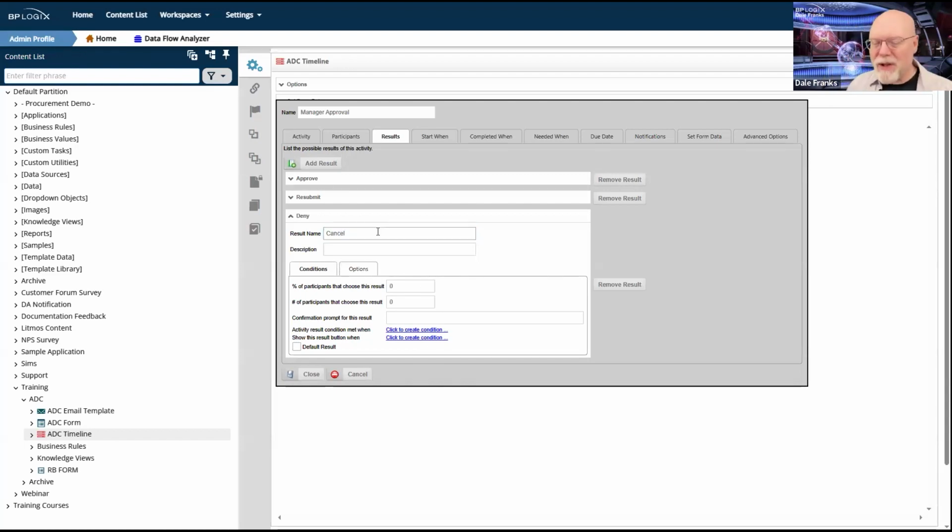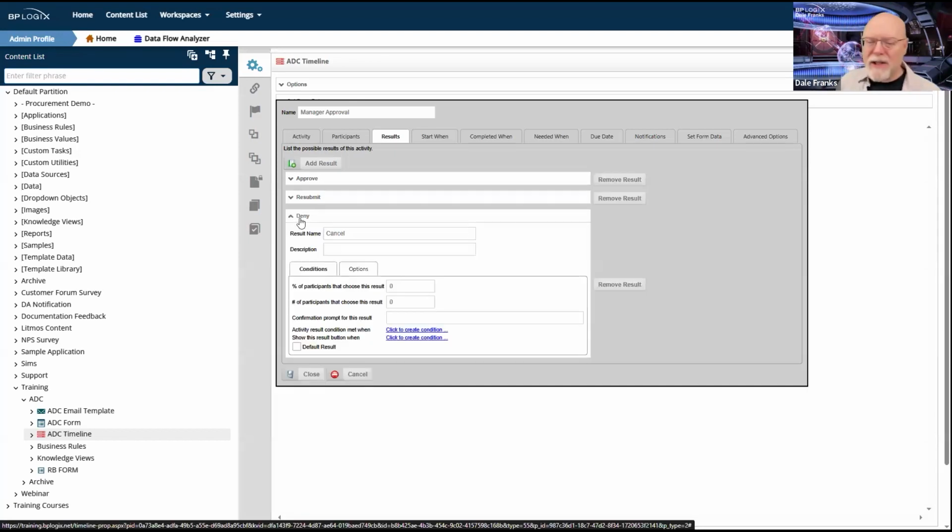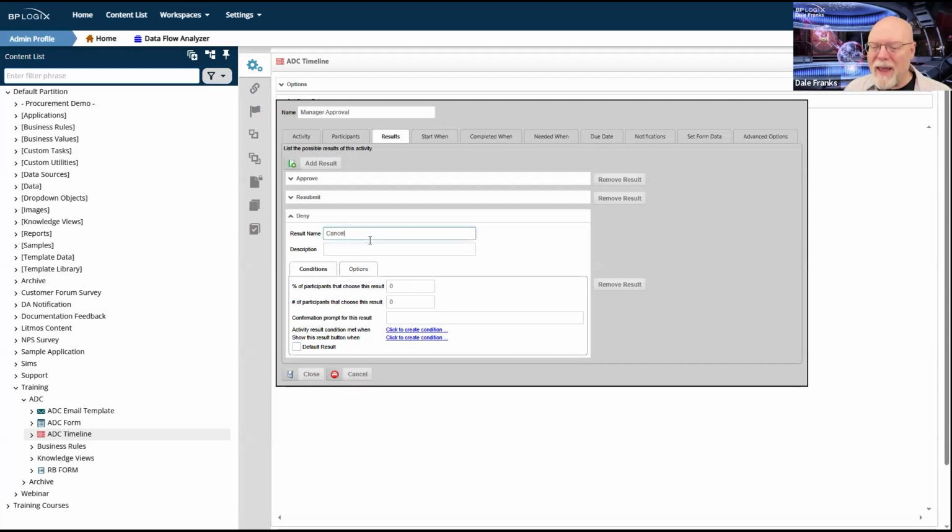Now it matches what is in my condition. That's very important to be sure that you do. I believe that the default version of this in the application itself, the application template rather, it does say deny, but I am going to want to make that cancel here. I do want to point out that it will continue to say deny until I update my timeline.